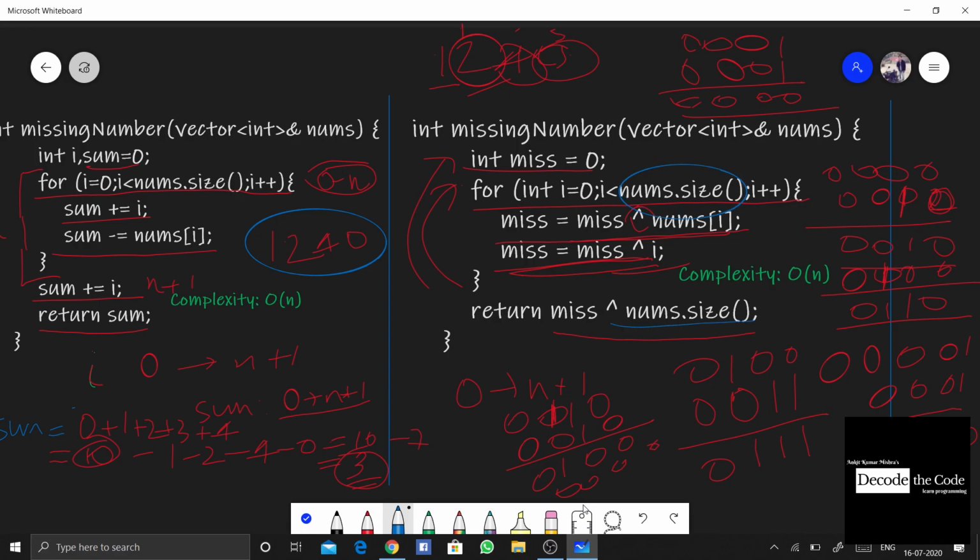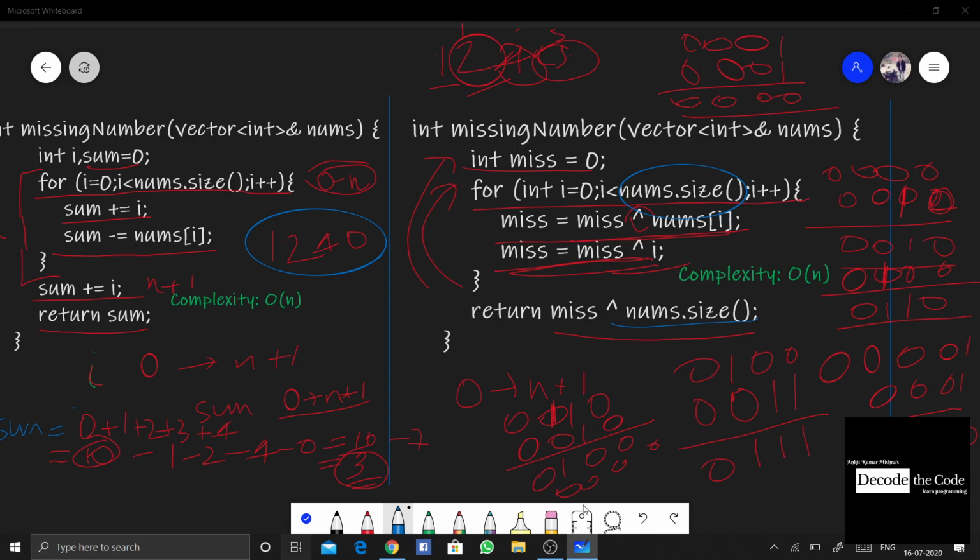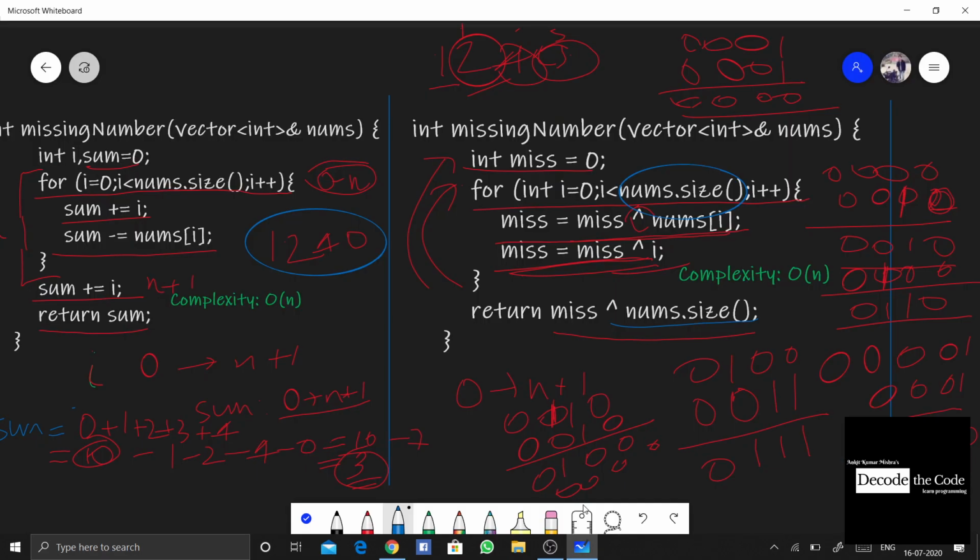Hence, to compensate for that, we take nums.size into consideration, just like the way we added plus equals I in the previous solution, in the last, to add the n plus 1 value. The same thing we are doing over here.